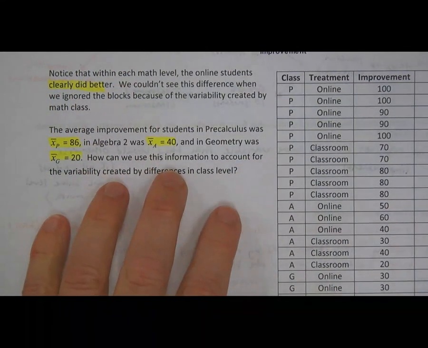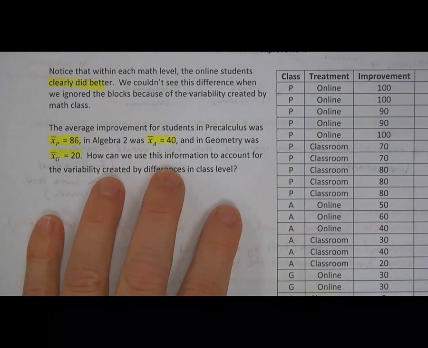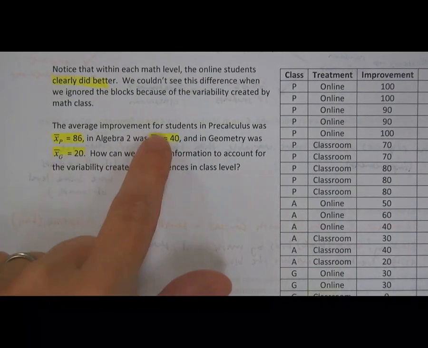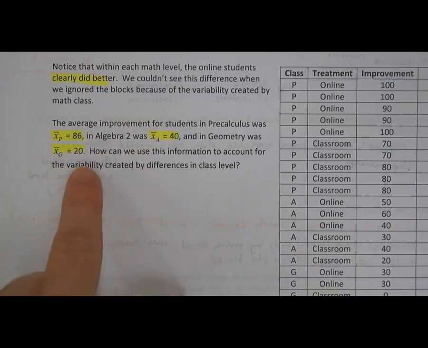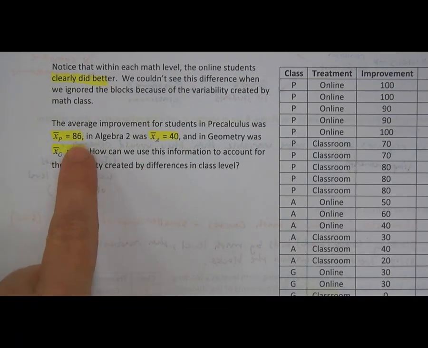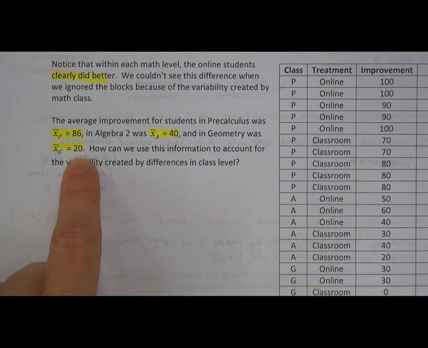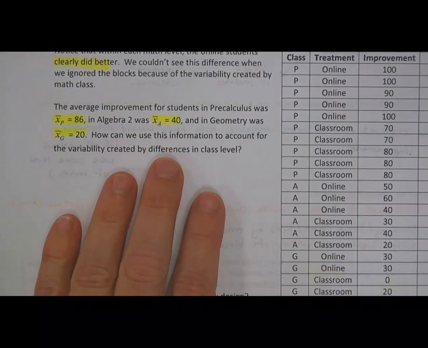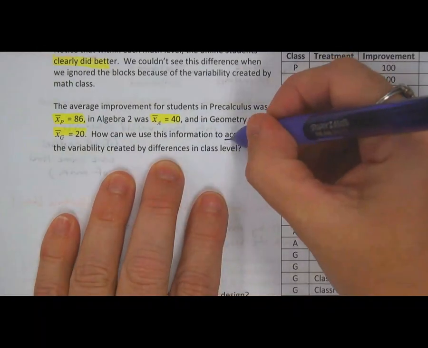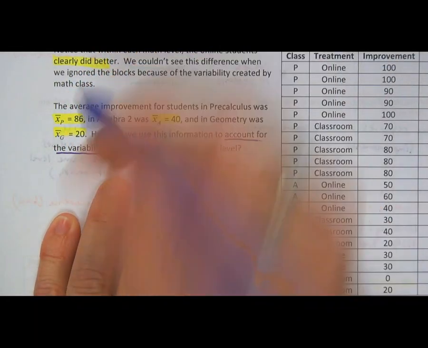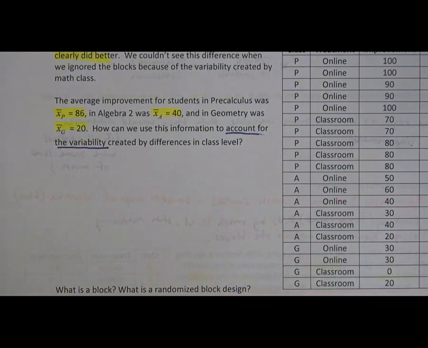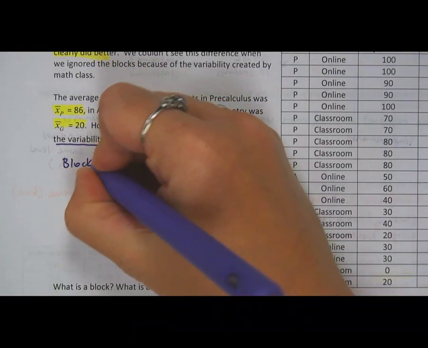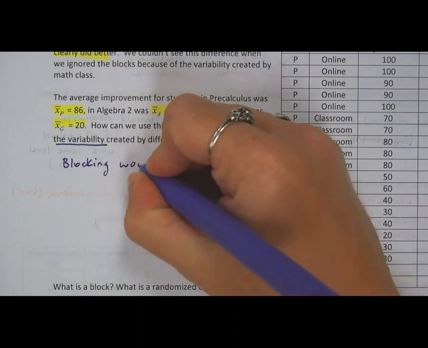If we knew that, that would be a really good indication, right off the bat, that we should block, because these are very different between the groups. The average improvement is vastly different in a pre-cal kid versus a geometry kid. So if we know this, the question is, how could we use this information to account for the variability? Well, we could do that by blocking. Blocking would be a good idea